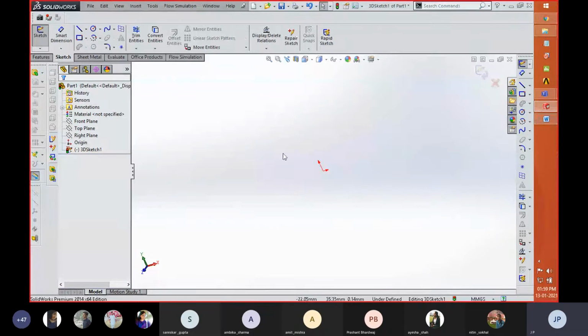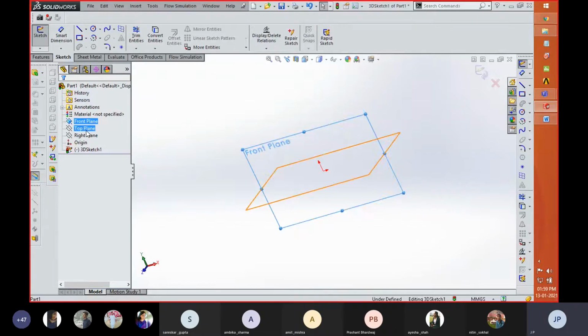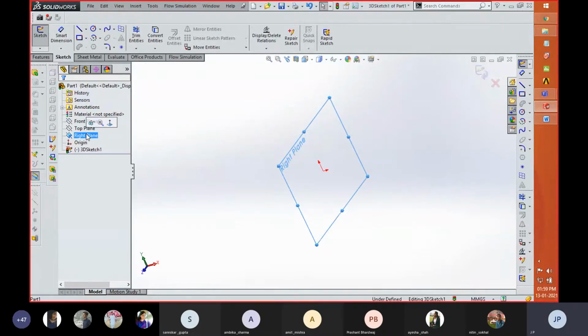So these are the different views of an object. With respect to these views, which are created on a plane, in the same manner there are three planes available. These planes are front, top, and right. These are the three planes available in this software, or in any software, on which you can work.